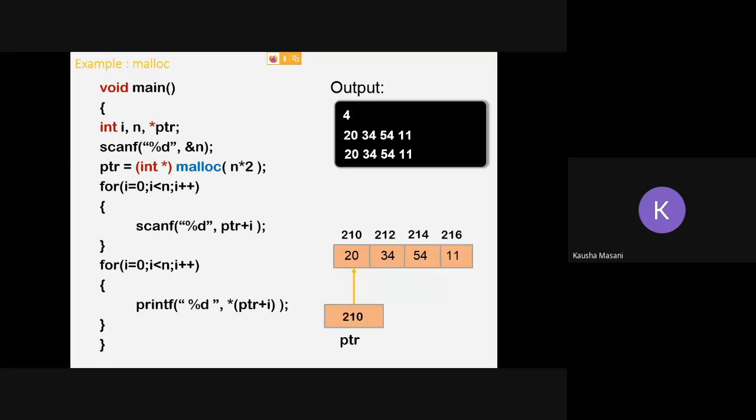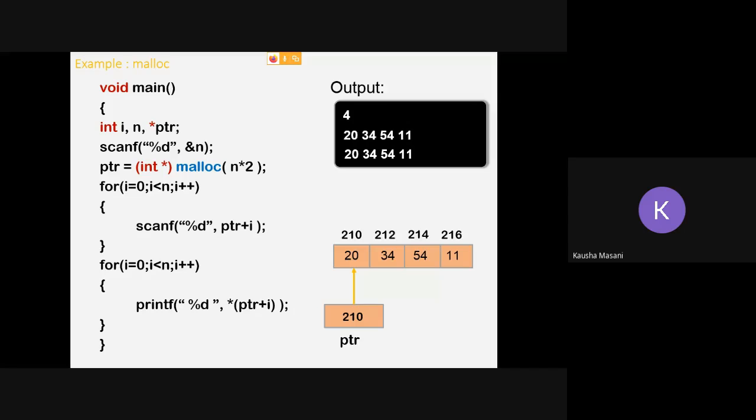Can you identify, is there any problem? Yes, Pathik. All right.